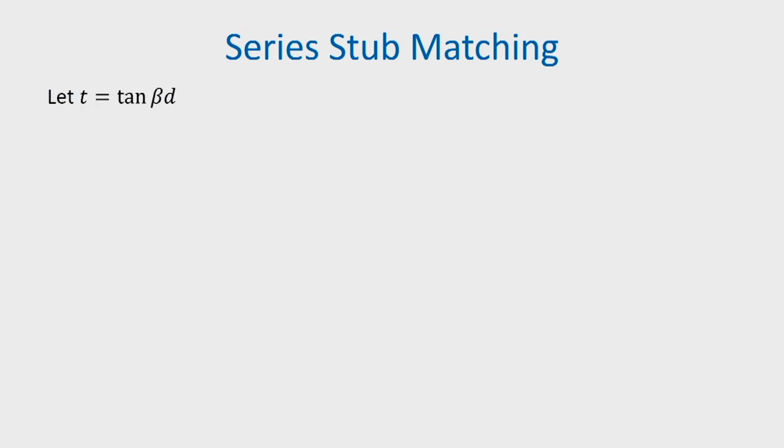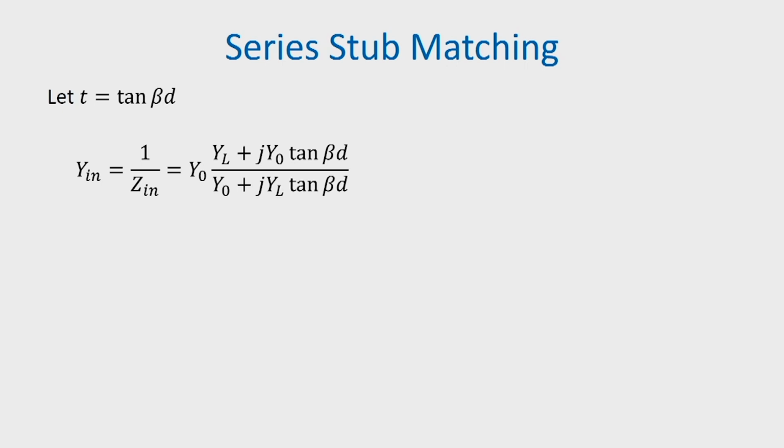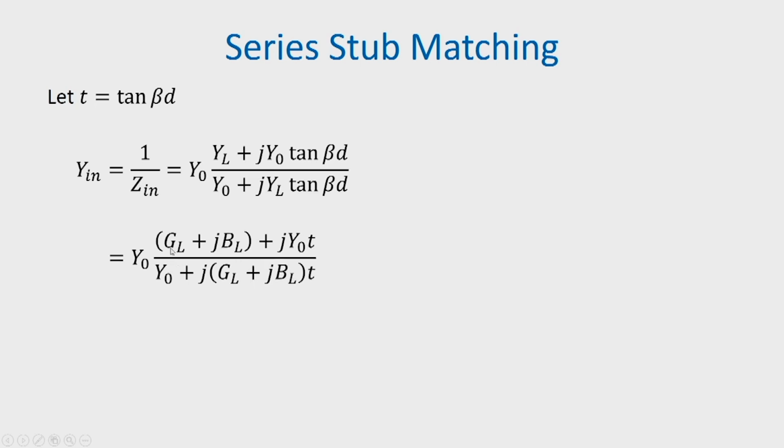Now, let us define T equal to tan beta D. So, therefore, we can now write Y in, which is 1 by Z in, to be equal to Y naught (YL plus j Y naught tan beta D) divided by (Y naught plus j YL tan beta D), and we substitute T here for tan beta D and we substitute YL equal to GL plus jBL, and then